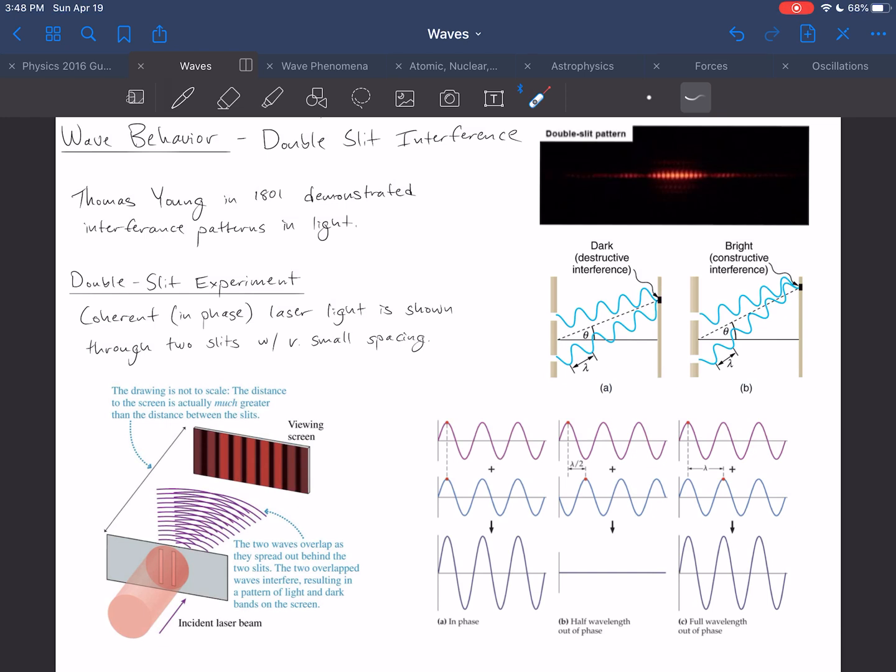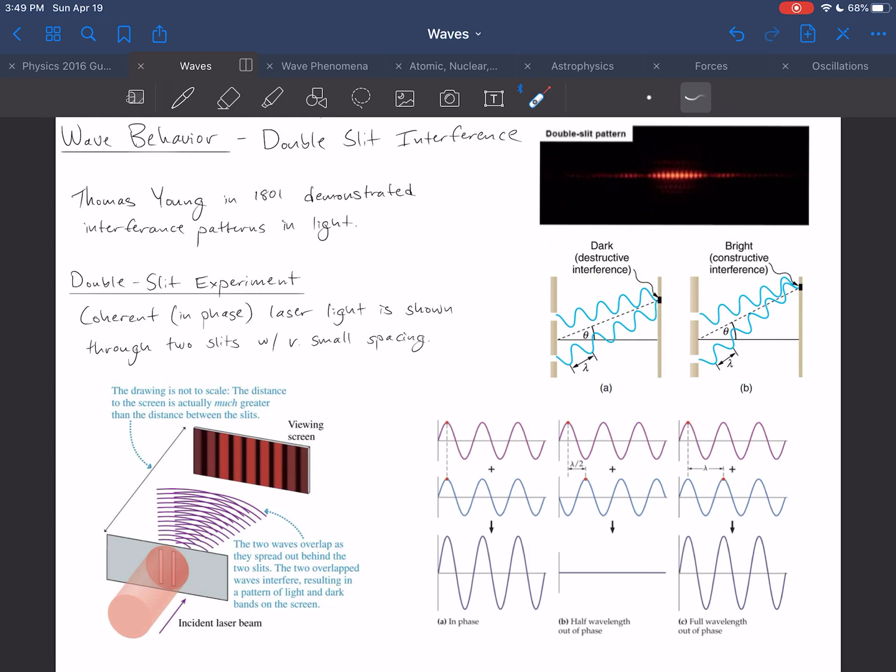As a quick reminder, double slit interference is the name for the pattern produced when laser light, coherent laser light, is incident on a double slit. Very narrow slits that are very close together. And fundamentally, the pattern of fringes you can see on the back wall is due to offset points where the waves coming from the two slits undergo constructive interference at the bright spots and destructive interference